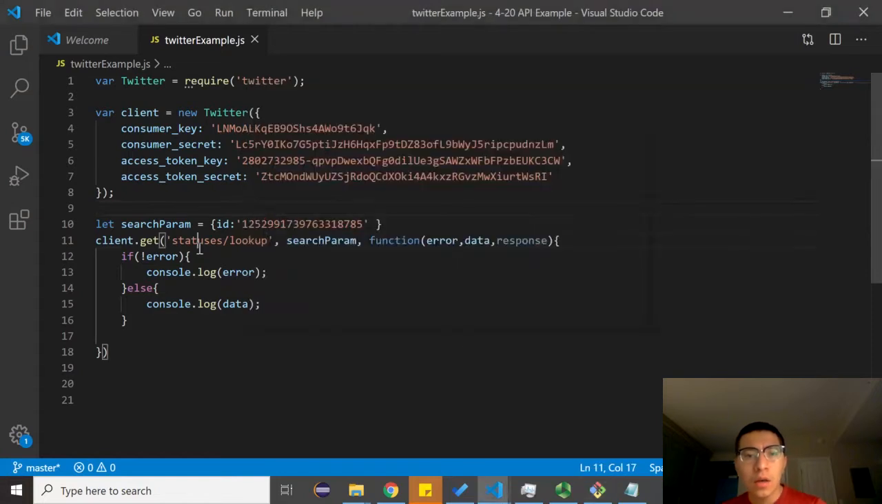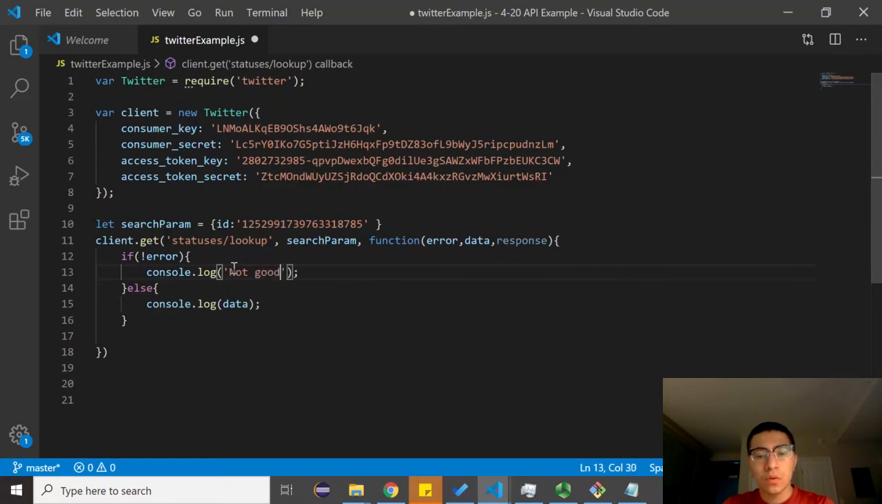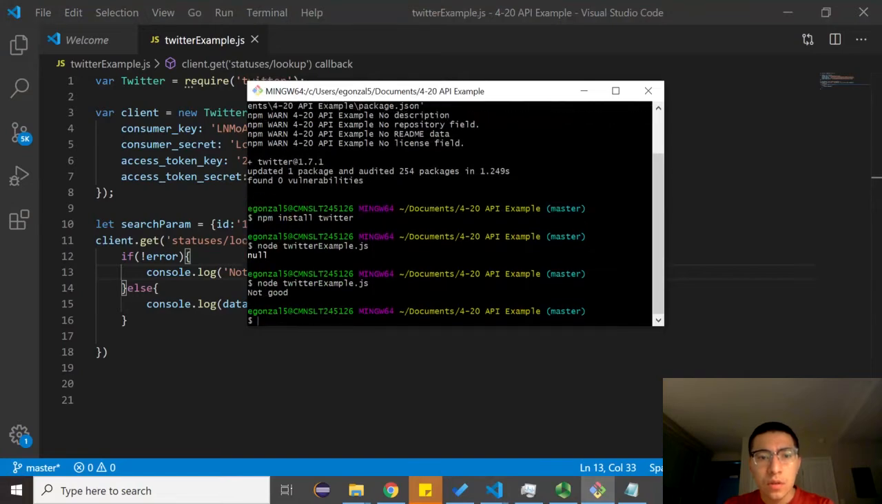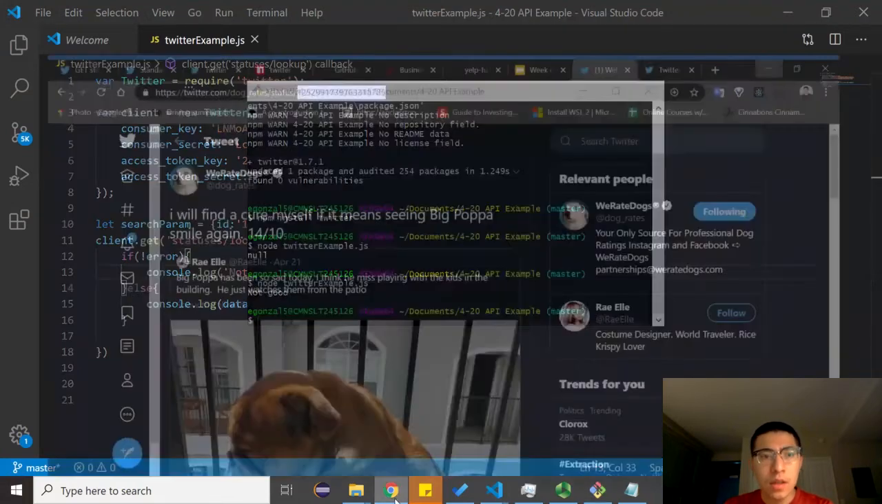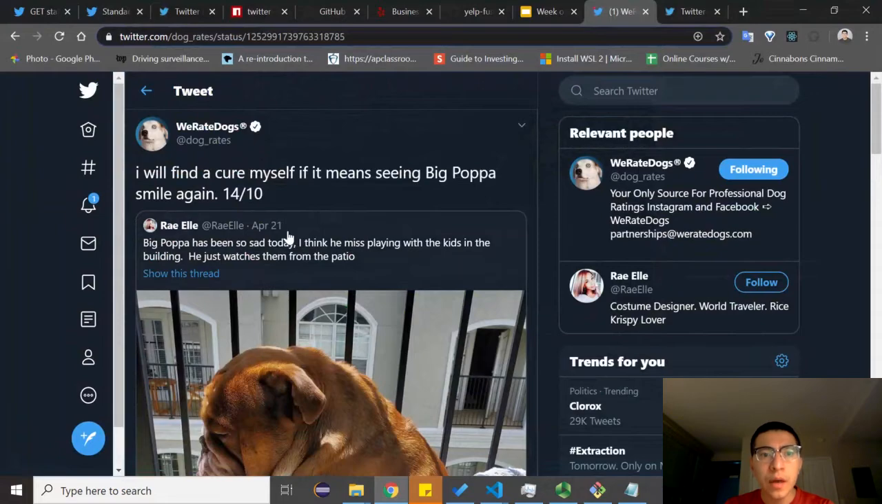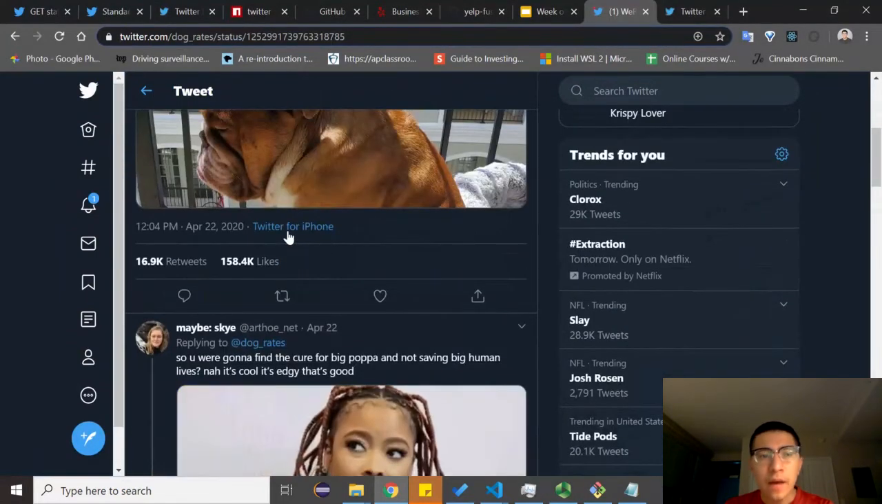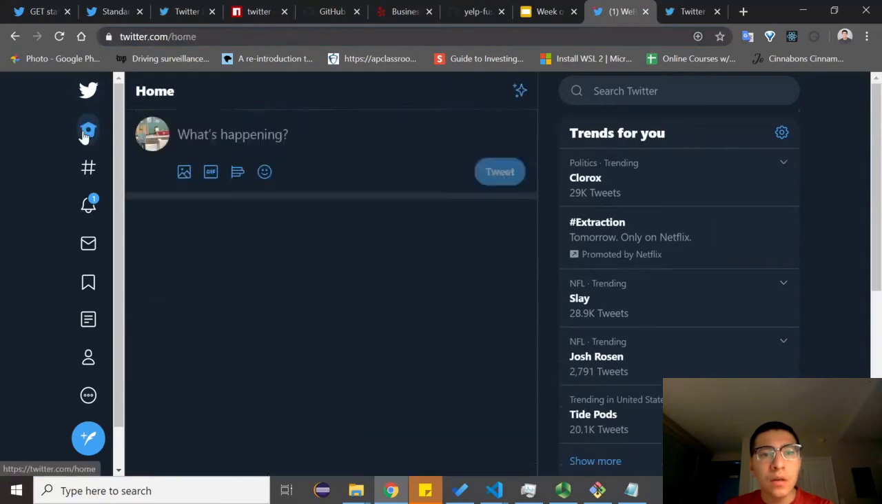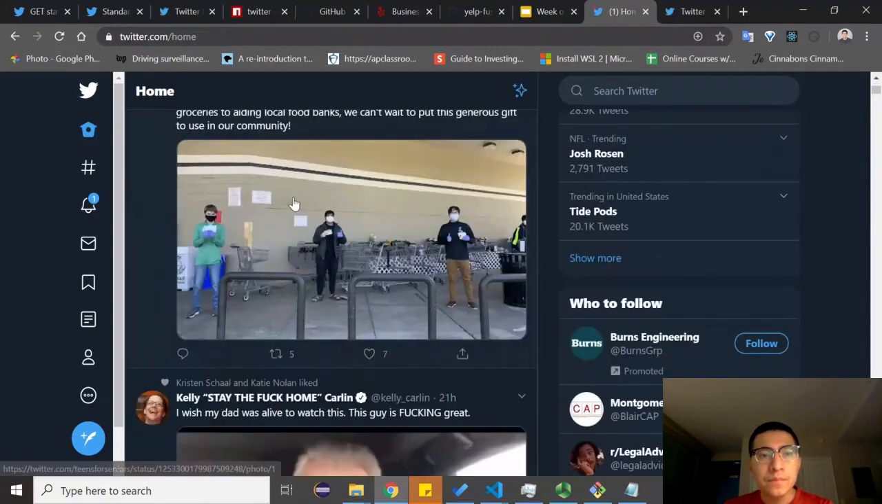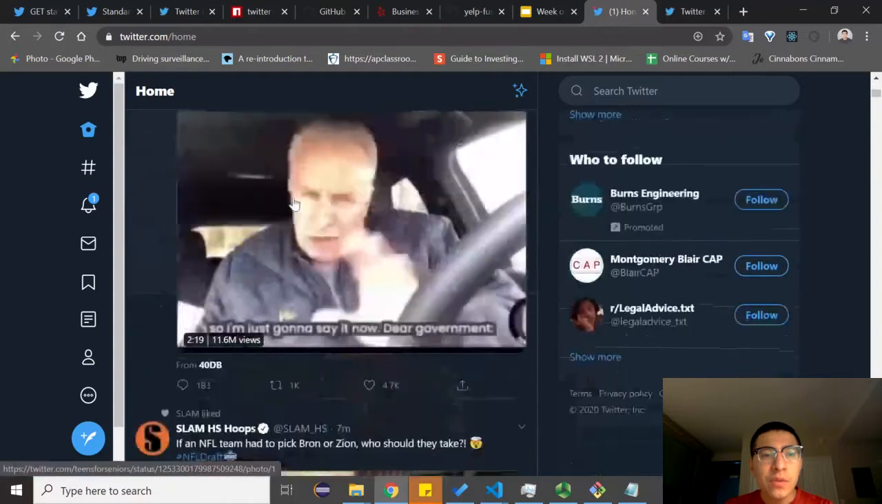Okay, so let's take a look. Error, print the error. Let's do something, instead of printing error, let's do not good. It might be because this tweet is a little old. It's from yesterday. This might be why this is running into an issue. Let's find a more recent tweet, because I think this one's from yesterday. I also want to make sure that I'm using a